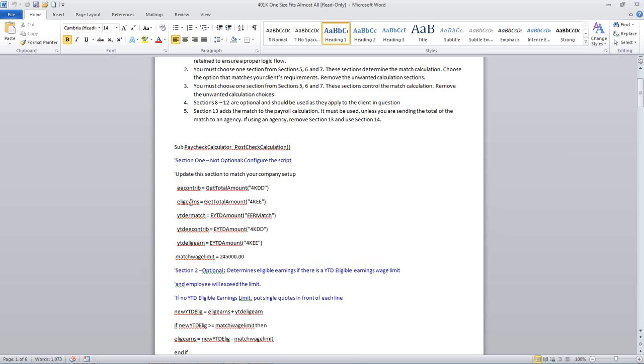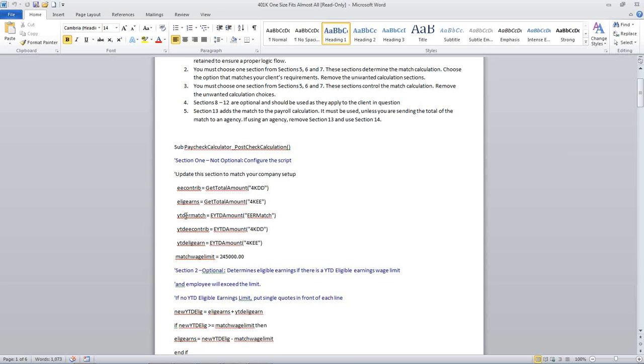In here, we're continuing based on the questions that your client may have answered yes or no to. We're setting up what we'll call the basis for some of the math that we do later on. If there is a limit on the 401k match amount, we need to know how much the employee has contributed so far this year.